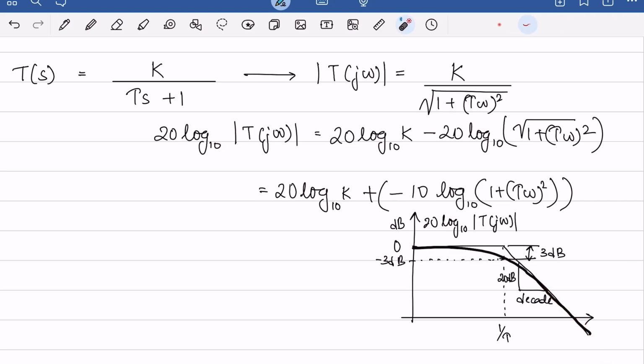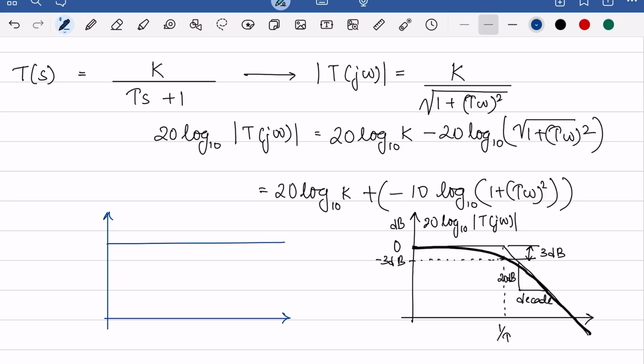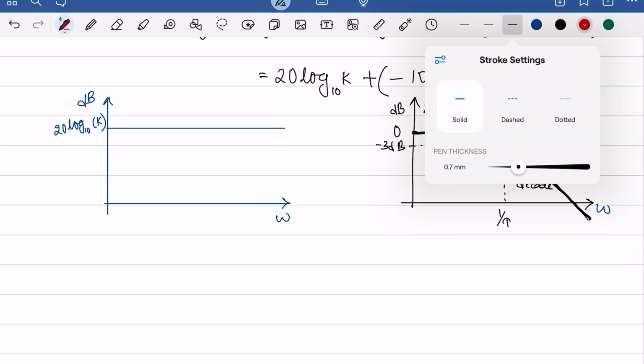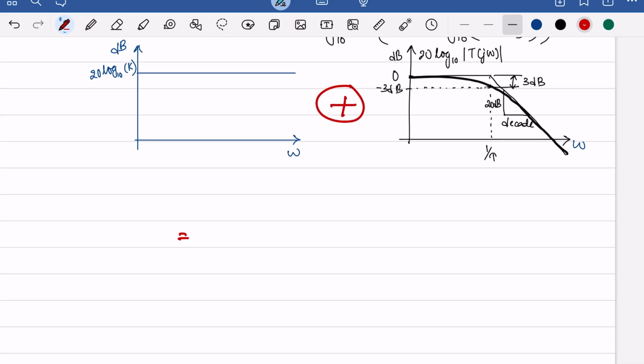That's it. And for this term here, it's just a number, right? Something like say 4, because k is a number, and you just do 20 log to the base 10 of k, you get something like 4. And so you have another plot here, which is basically a flat line because it does not care anything about the omega. So I gave the example of 4, but I'm just going to write here 20 log to the base 10 of k. It's a horizontal line. And these two add up to give you the final. So this plus this gives you the final,